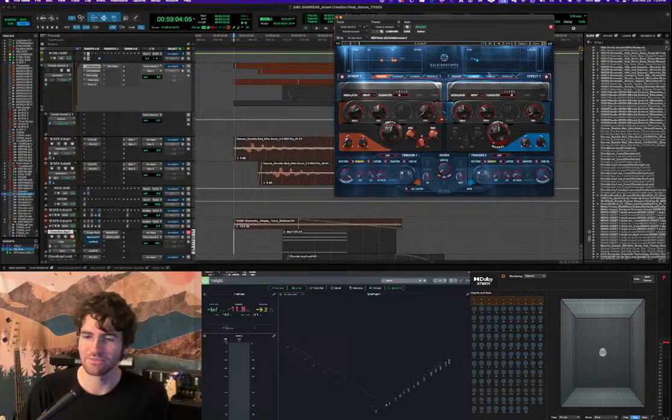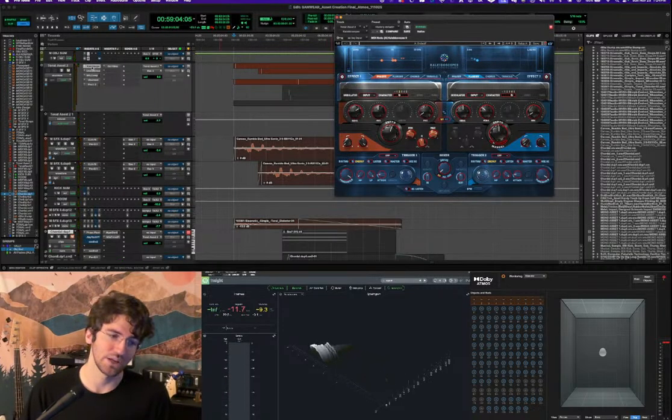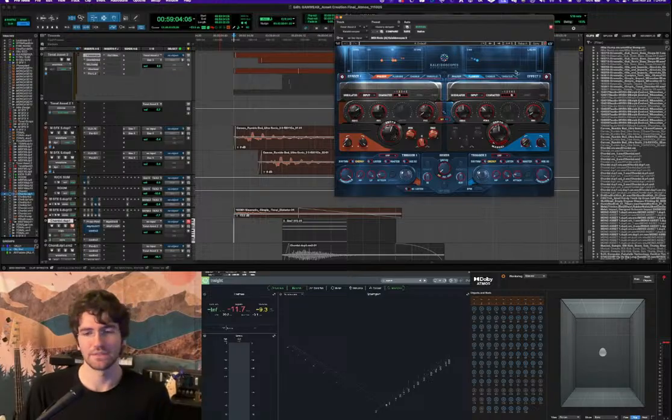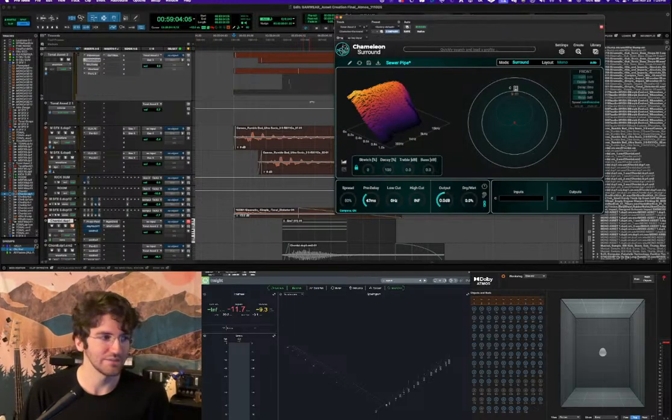We're doing phasing and flanging. This is a great little plugin, by the way. It's called Kaleidoscopes. I think it's by Andrew Sheps and Waves. I love it because you can modulate what's going on here by the input, which is kind of like a fun little sidechainy thing that would take a while to set up in something like Phase Plant, but I can just do it really quickly in here. And this is kind of my mix bus up here, global processing. I'm sending all of this into this grouped track here, and then that's doing our movement based on the audio. A little bit of convolution reverb,